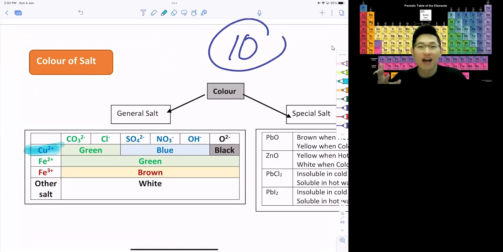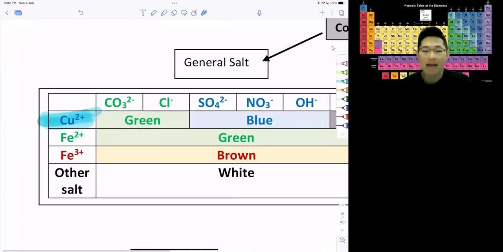You're Form 5 now, so I don't think this is hard for you, because you have been seeing a blue copper(II) sulfate solution many times, especially when you were doing the chapter 1 experiment. So copper(II) is always blue, except